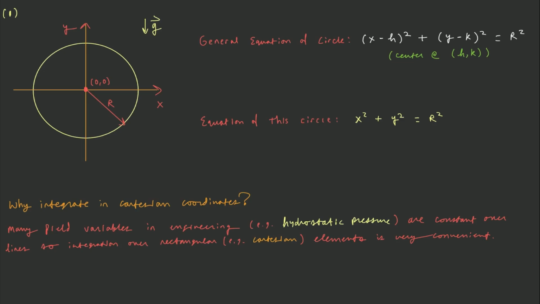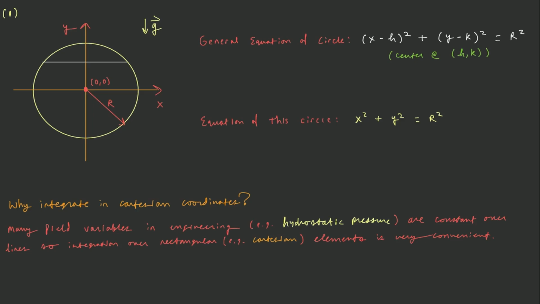And the reason is, a lot of times in engineering we have field variables that are constant along a line. So for example, hydrostatic pressure is constant at a given elevation. So hydrostatic pressure would be constant along this x, just like this. And it's easier to integrate a variable that's only varying in one direction than a variable that is varying in